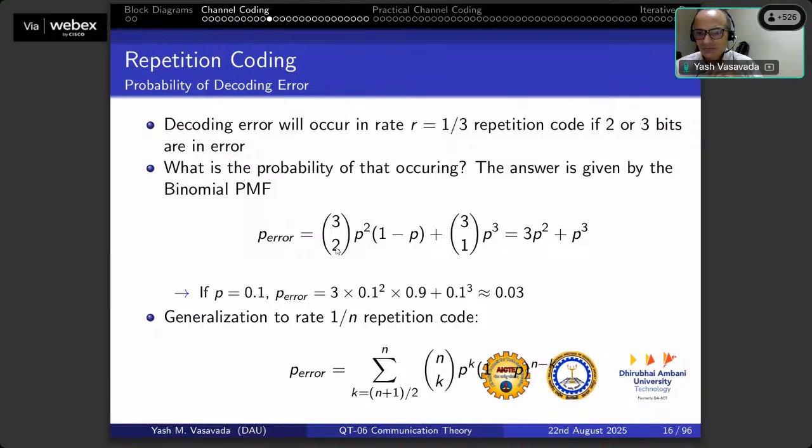Well, 2 out of 3 bits can be in error with the probability given here: 3 choose 2, p squared times 1 minus p. And all 3 bits would be in error with the probability of